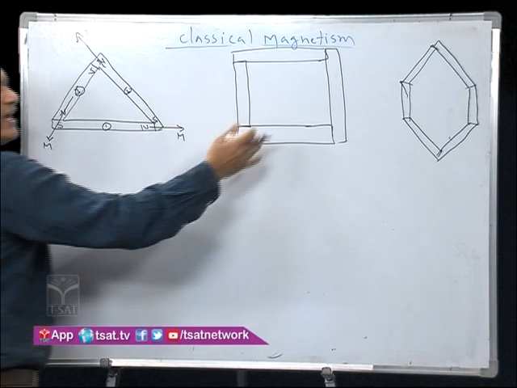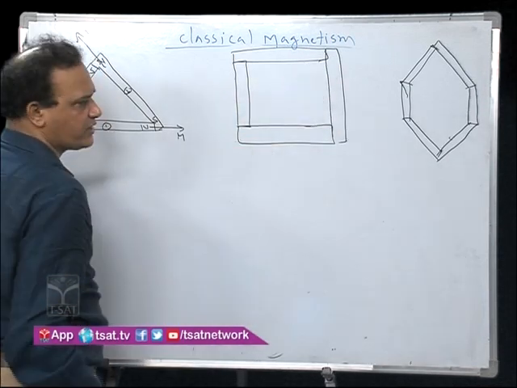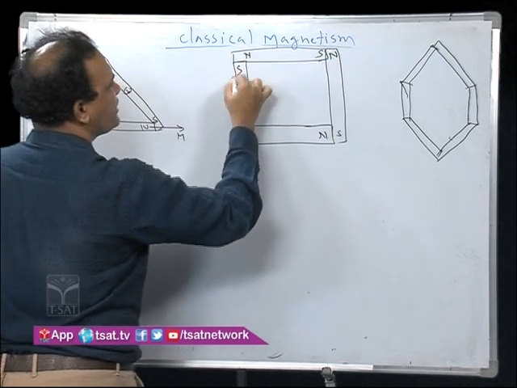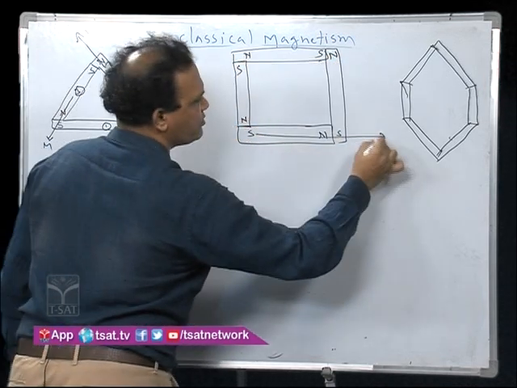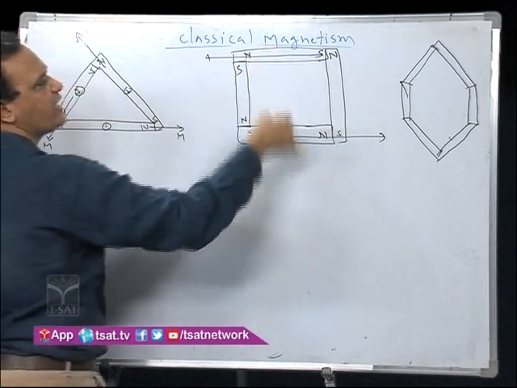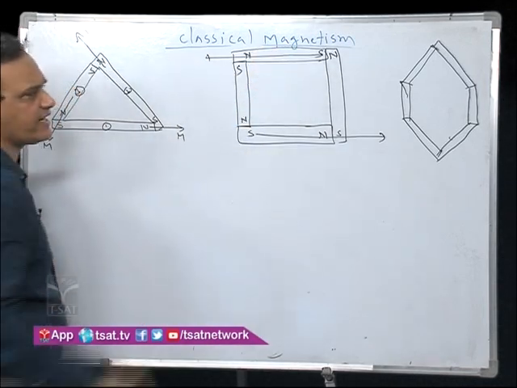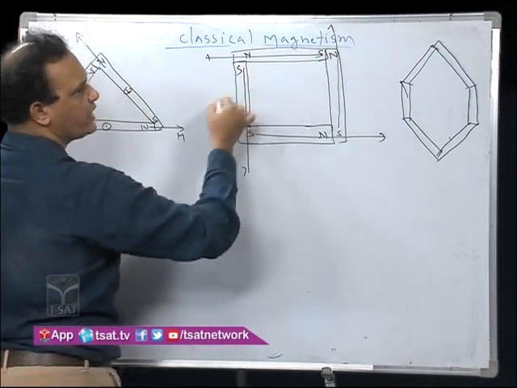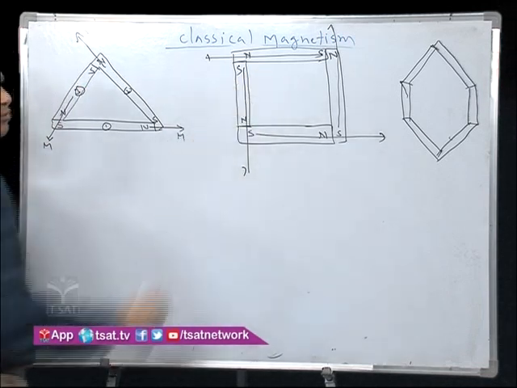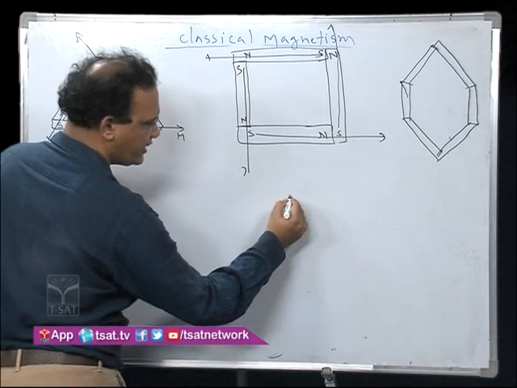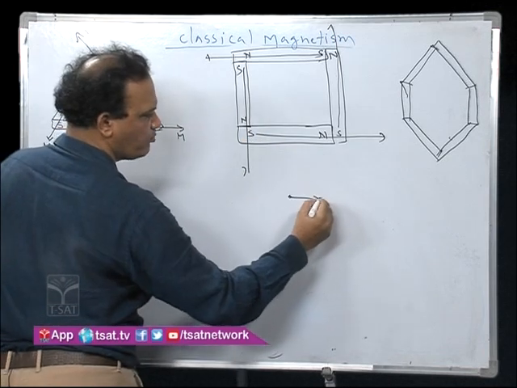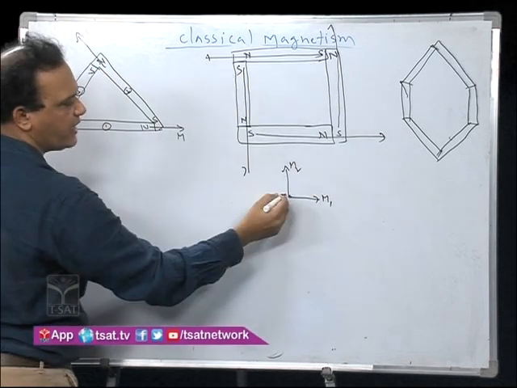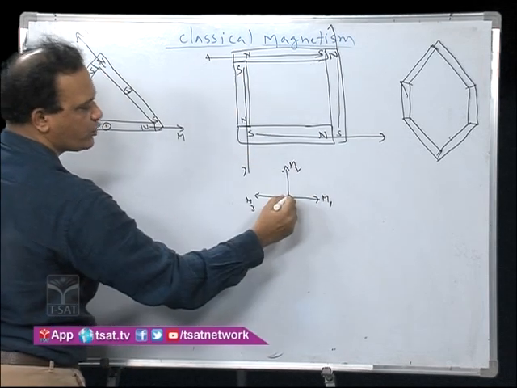Similarly arranged in 4 magnets and 6 magnets, n vectors. So in this case, south to north, south to north, same thing south to north and south to north. Simply say that the first magnet and second magnet, these two are anti-parallel. The resultant magnetic moment cancels each other. Similarly, the second magnet and the fourth magnet cancel each other. So the resultant magnetic moment is 0. So if you consider at one particular point, the first magnet m, second magnet m2, and the third magnet on the left side, and the fourth magnet m4.